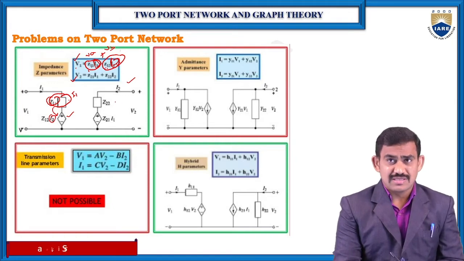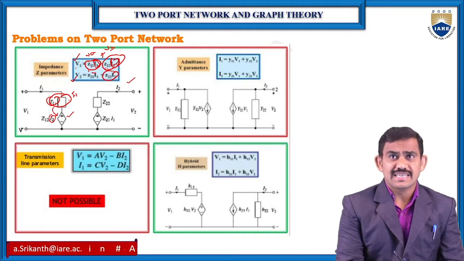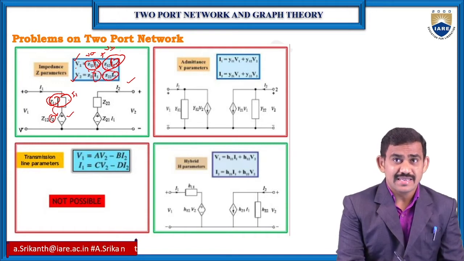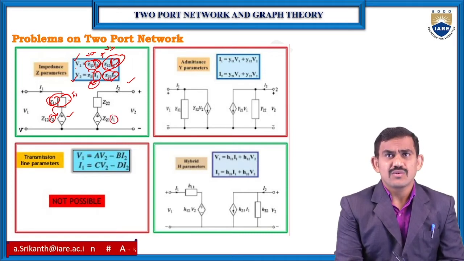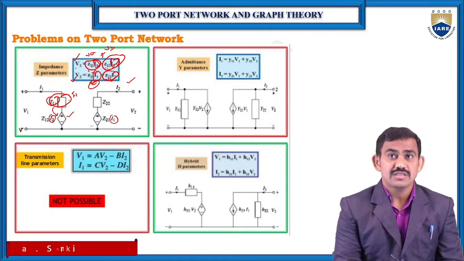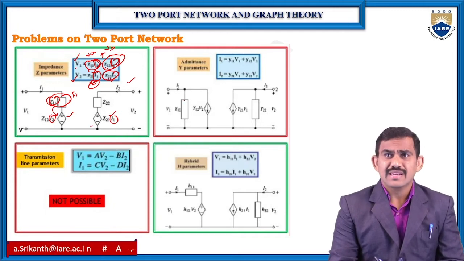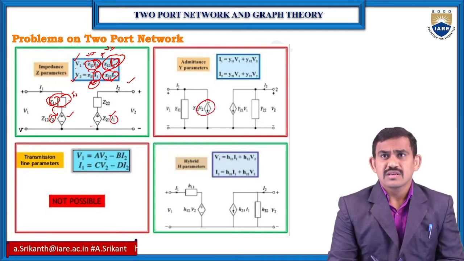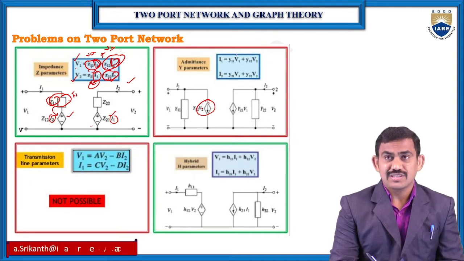And coming to the secondary side, same. These are the secondary voltage and secondary impedance. And here we have the primary current. This is also voltage, suppose VC and VD. VC is a voltage source depending upon the primary current. Same thing we have for admittance. Parallelly we have a current source, but this dependent current source is depending upon voltage.